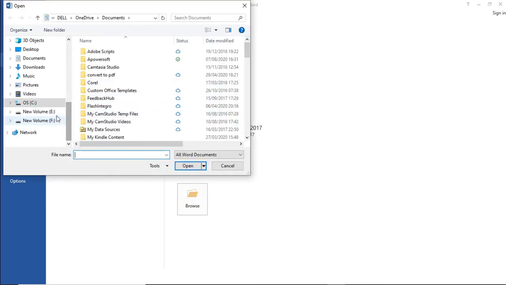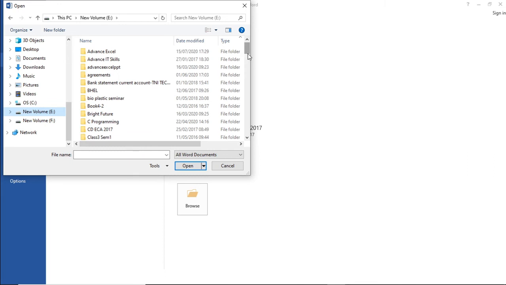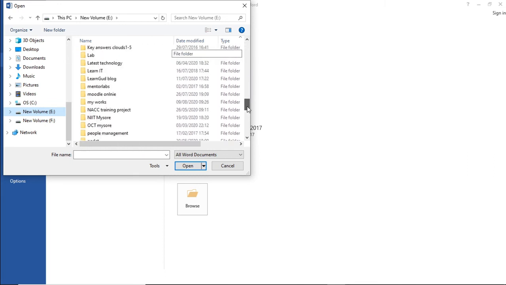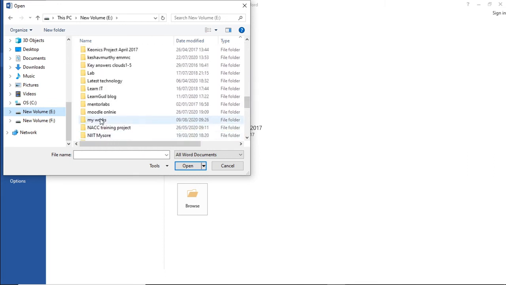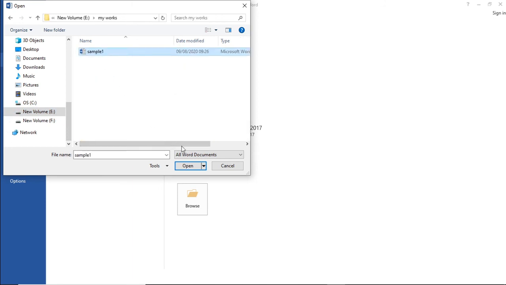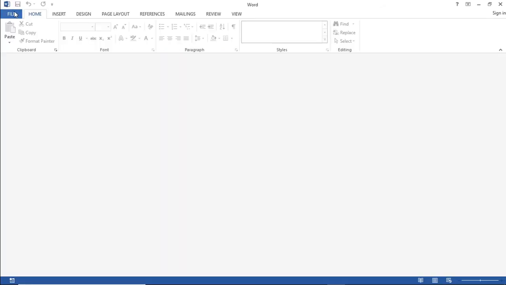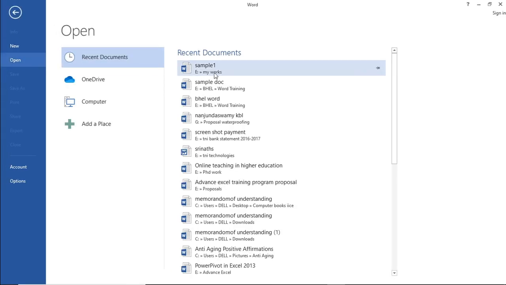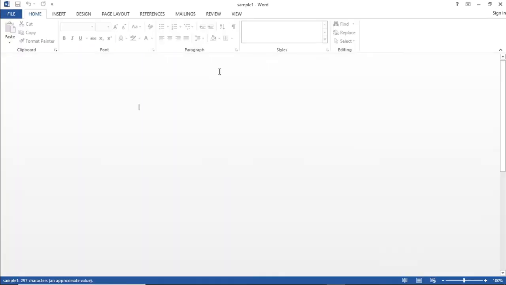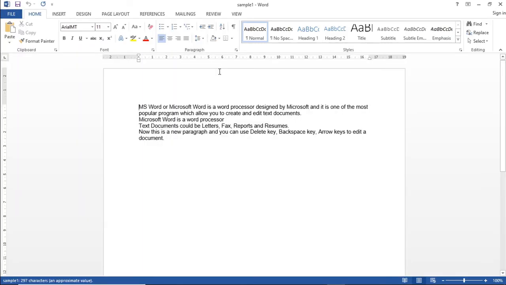Say it is E drive, my works, and you can open the file. So in this case, I am having it in the recent file, so that I can just click on file open, and in my recent documents I will just click and open the file. So this is how you can save the file, close the file and open the existing file or document.